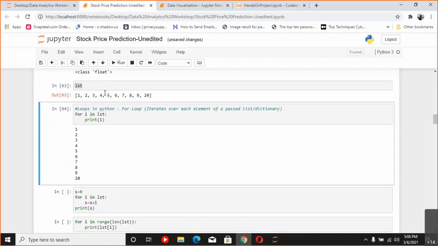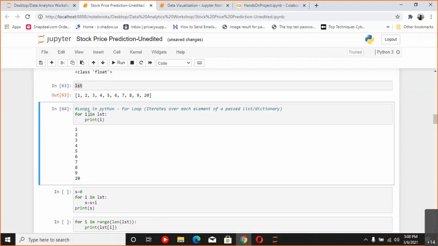What happened here was, firstly 1 was stored in i, and then it went ahead and printed i, so 1 was printed. Then 2 was stored in i, then 2 was printed. Then it again went up and 3 was stored in i, then 3 was printed. Then 4 was stored in i, and then 4 was printed.